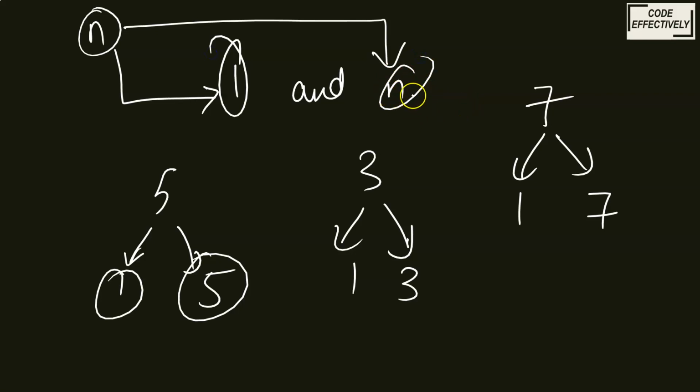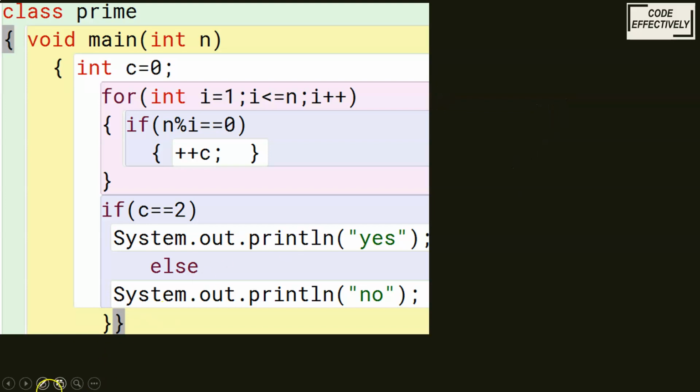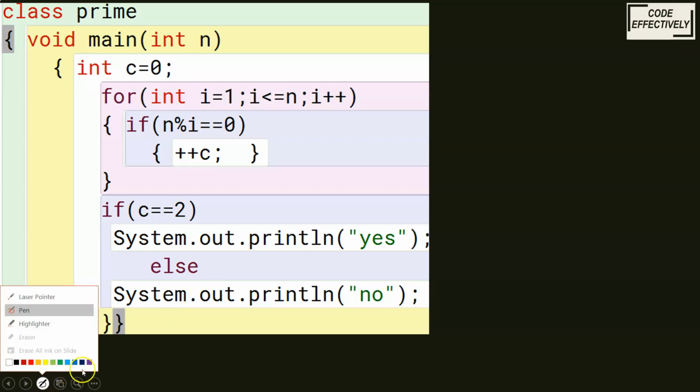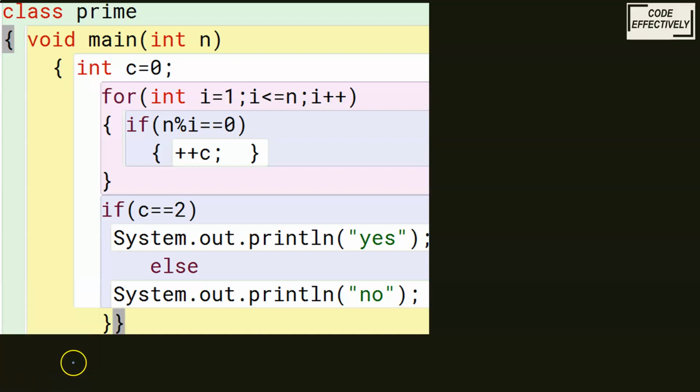So let's see what will be the source code for the prime number and how to find it out. So let's start with the basic programming. I have compiled the program in BlueJ for better understanding. See, I have taken first int prime n. In this we have taken a parameterized input so that you can understand, and I can reduce my number of lines. You can go for the Scanner, you can go for the BufferedReader. It all depends upon you. Now let's start. Okay, int n, and let's say we are going to check for 5. I have put n equals 5.